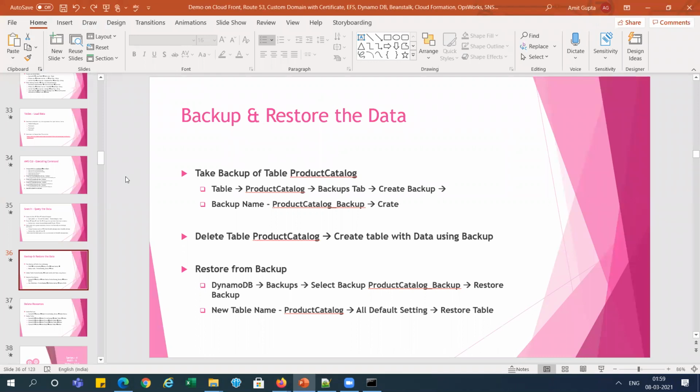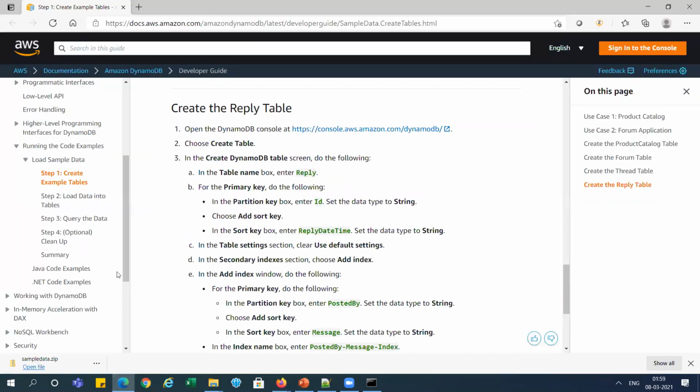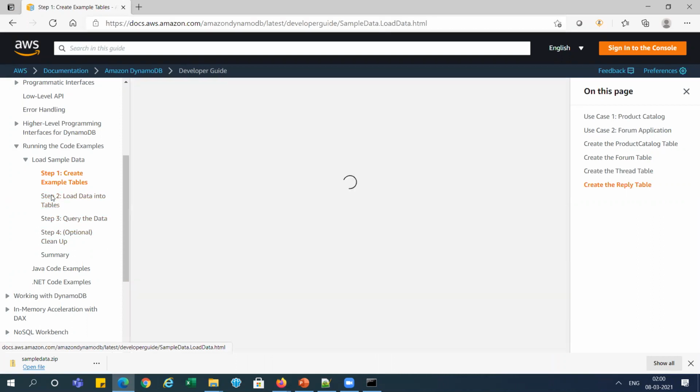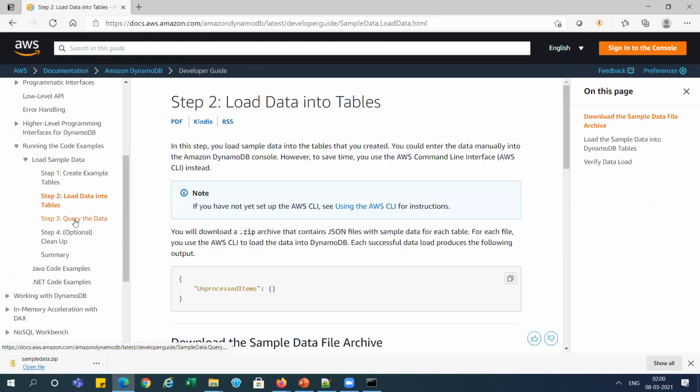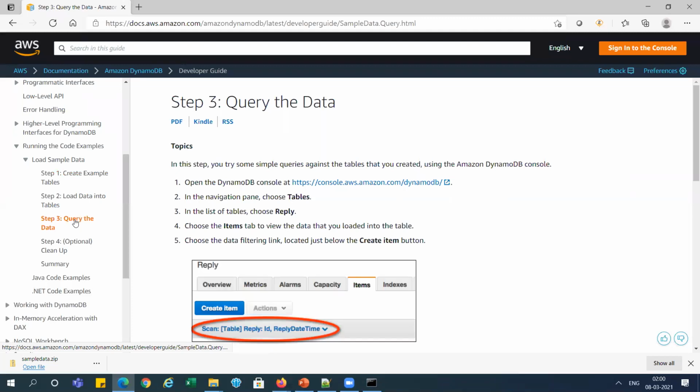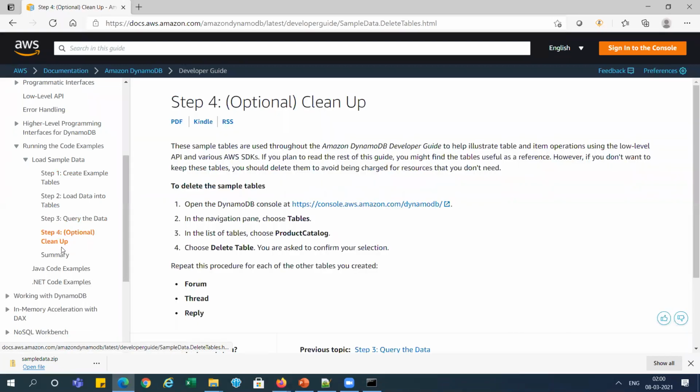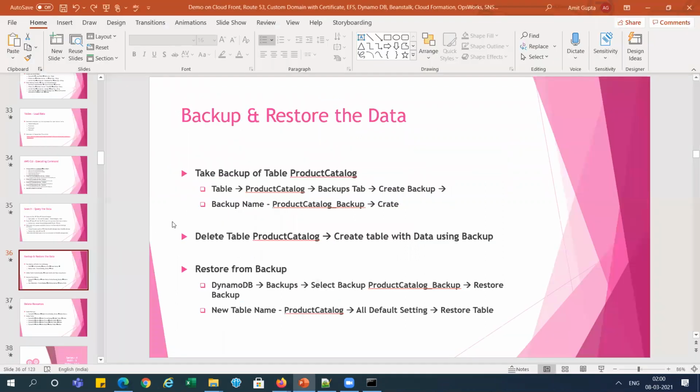So we have done every step over here, and the same steps you can see here: load data into table, query the data. You can check everything from here, how to search it. And this is the cleanup, right? So we need to clean up here.